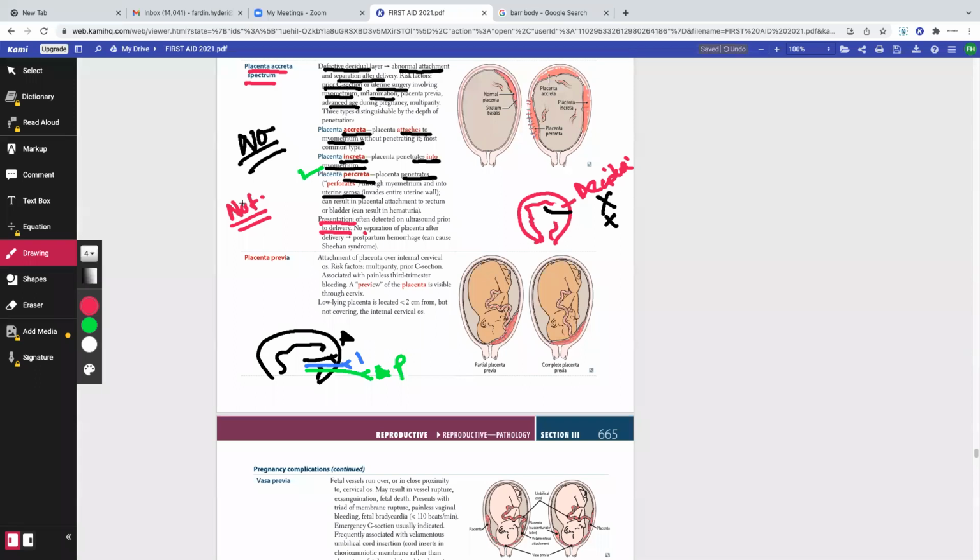Okay, it's better to have placental retention than to have postpartum hemorrhage. So no separation of the placenta. But there's another thing. If the placenta stays retained for a long period of time, can we get endometritis and infections? Yes or no? The answer is yes. Can we also get DIC? Yes or no? The answer is yes.